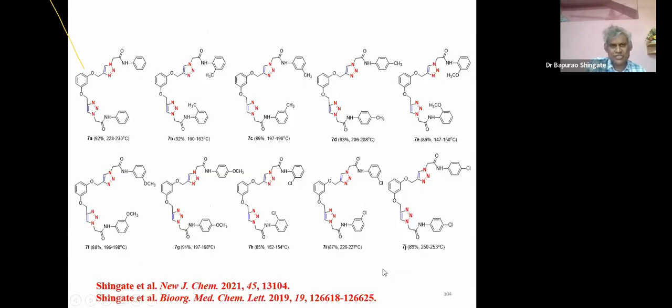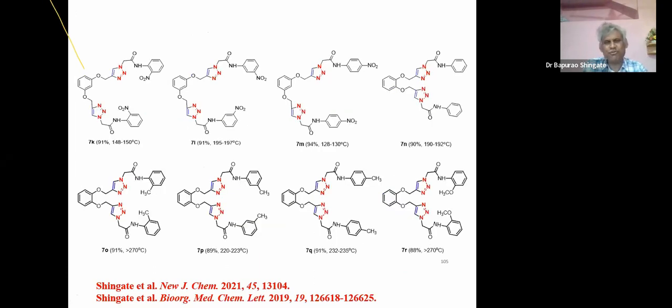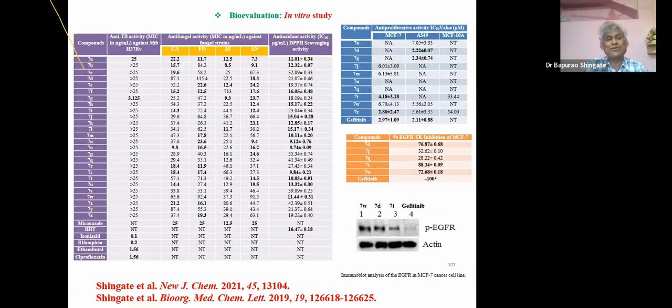And these are the structures of all the synthesized compounds, well characterized by means of spectroscopic techniques and screened for their different types of biological activities. See, these dimeric triazoles were screened for their antitubercular activity, antifungal activity, as well as antioxidant activity. In addition to these, some of the compounds were screened for their anti-cancer activity, that is anti-proliferative activity against the